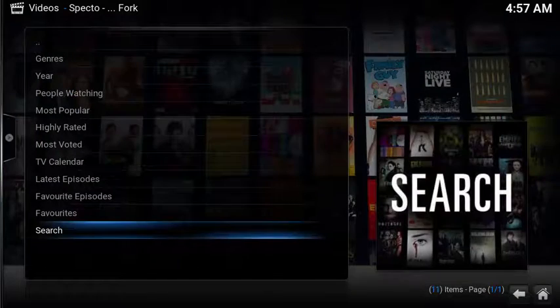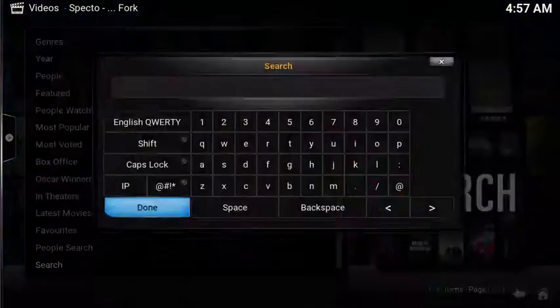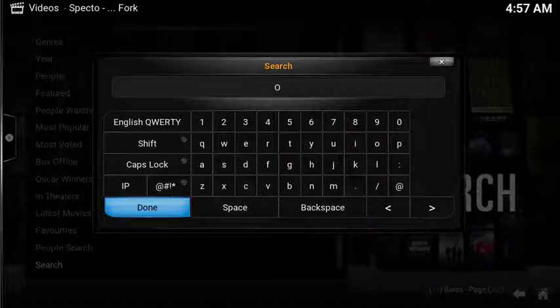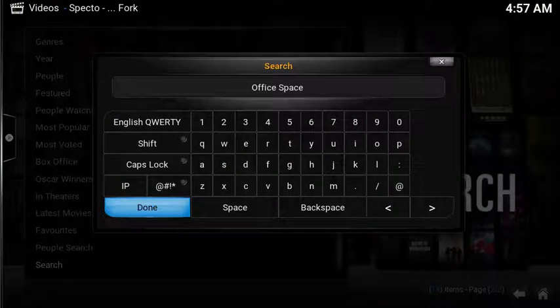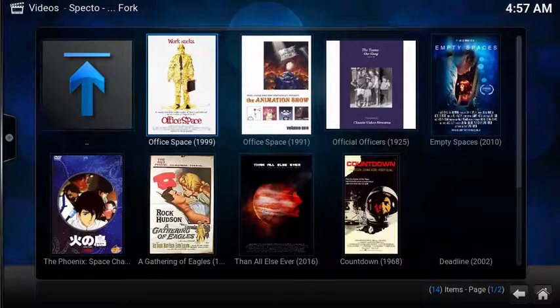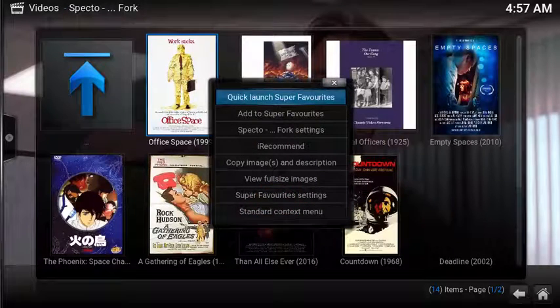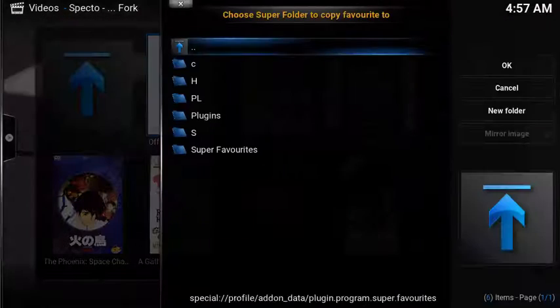Now let's add a movie. Select your movie, select the context menu, select Add to Super Favorites,